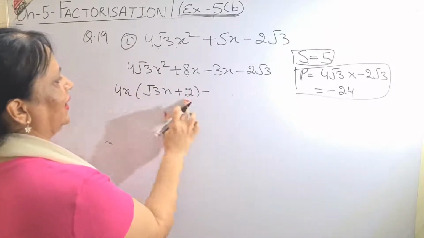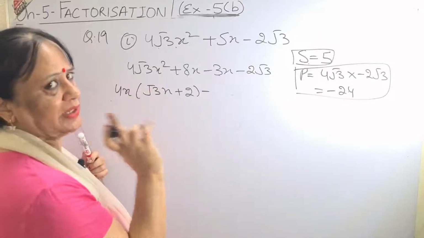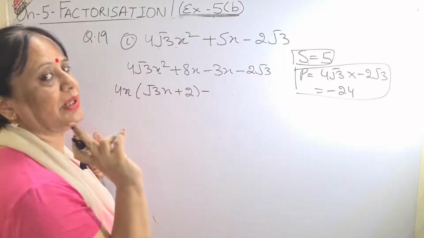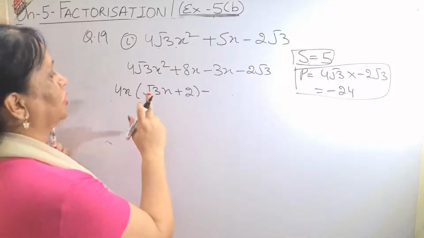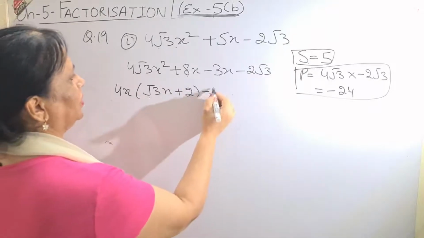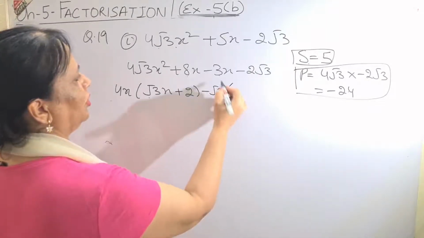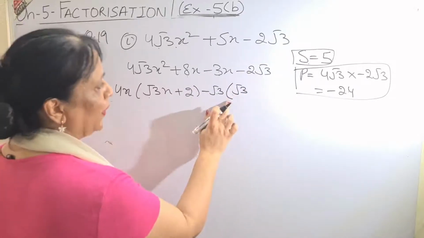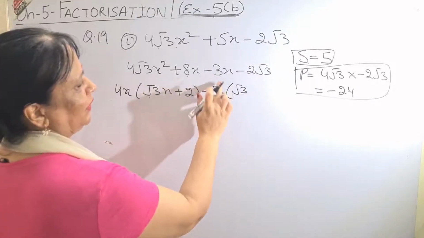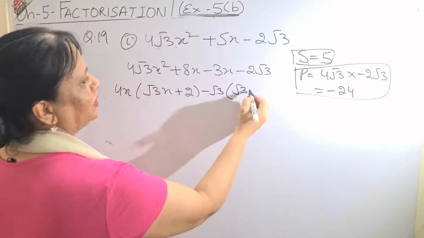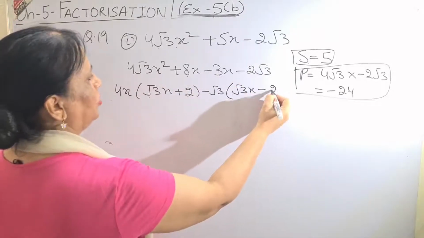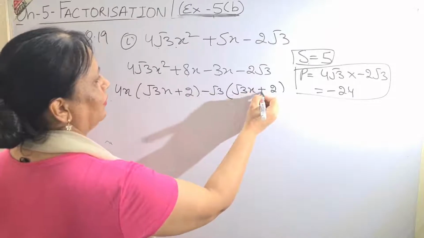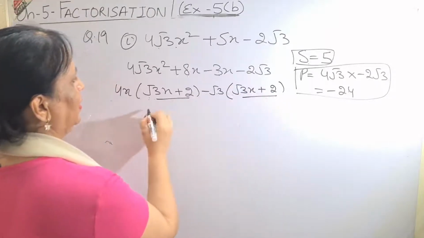From the second I need the same factor, because I told you the factors have to be the same, and that will tell me whether my sum is right or wrong. So what you do, you take root 3 common. If I take root 3 common, this 3 will also become root 3, so that when I open the bracket, my question remains the same. Root 3 into root 3 will be 3. So 3x minus 2, and the minus sign is out, so it will be plus. See, my factors are the same.